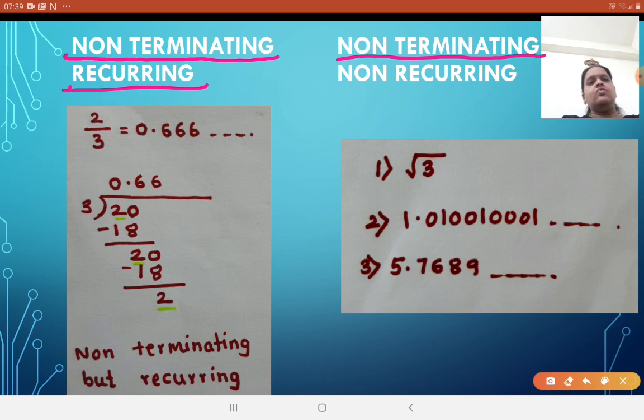Yes, and you will never get the remainder as 0. So for example, 2 by 3. If I divide 2 by 3, it is not possible to divide by 3, so I will take 0 and it will become 20. Then 3 6s are 18, again I am getting the remainder as 2. Again 3 6s are 18, again remainder as 2,